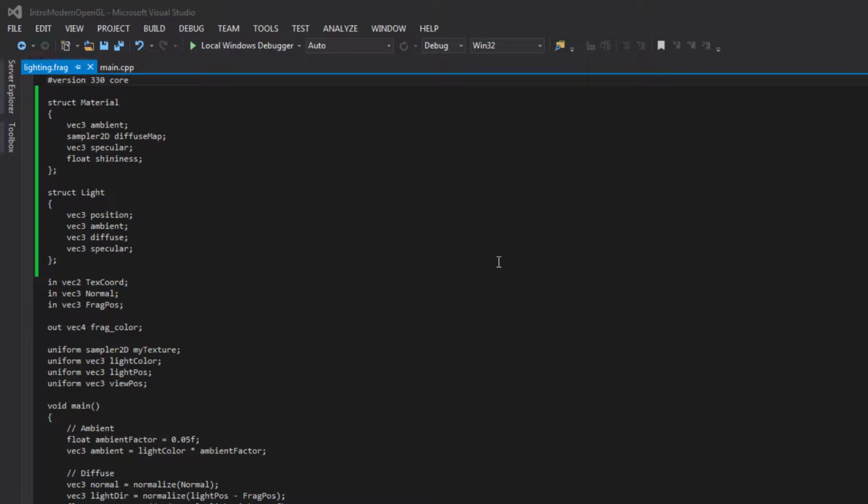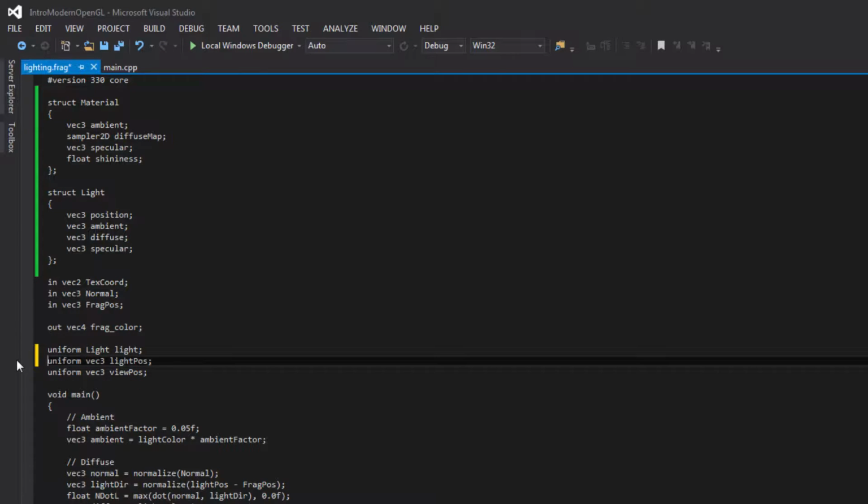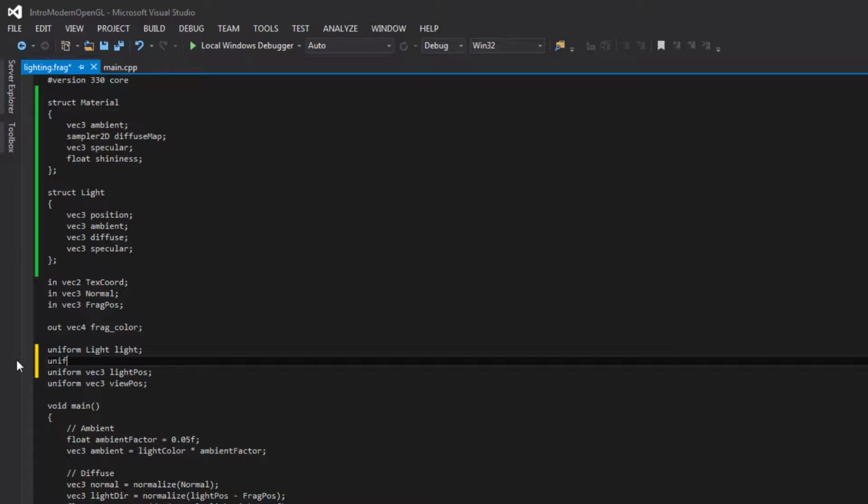So back in our fragment shader, let's add what we talked about. I've already taken the liberty of adding the material and the light structure that we talked about just now. Let's continue modifying this file. We need a light uniform, and that gets rid of our light color here. And we also need a material uniform